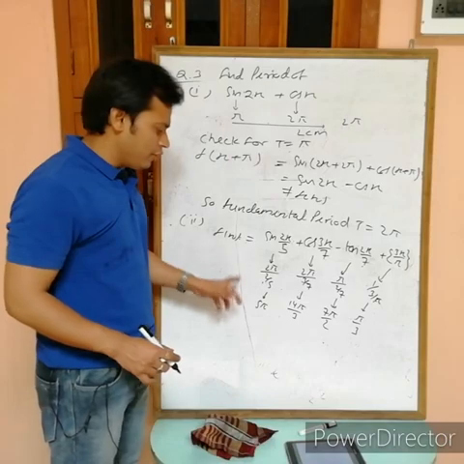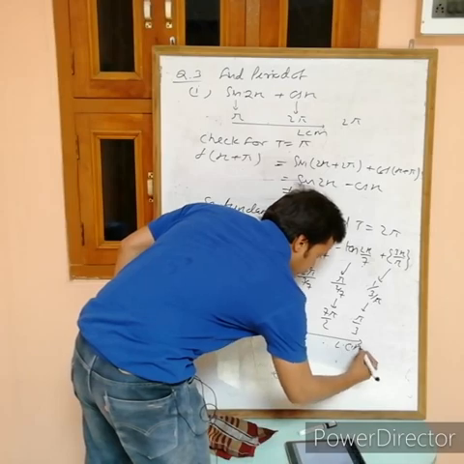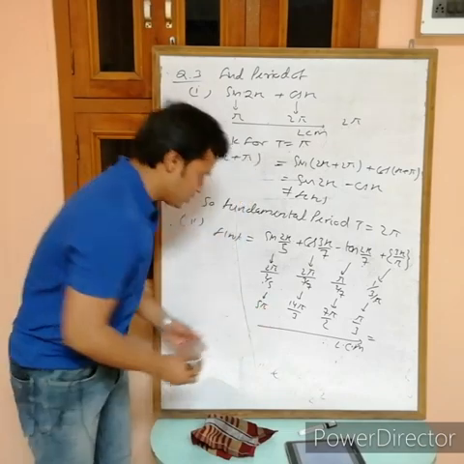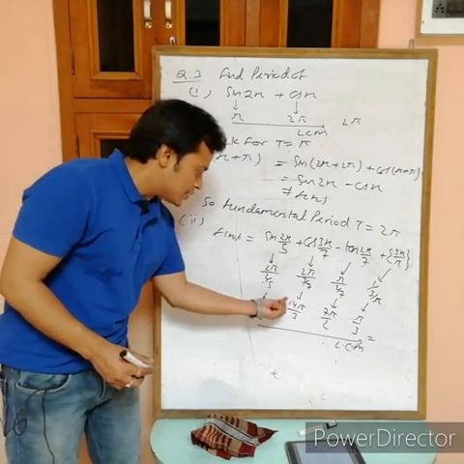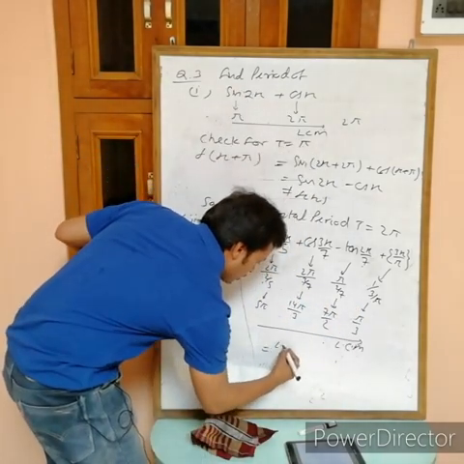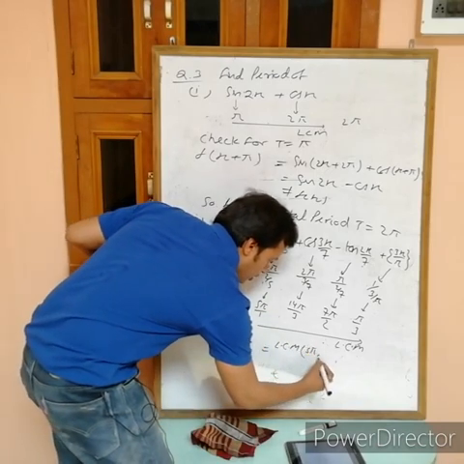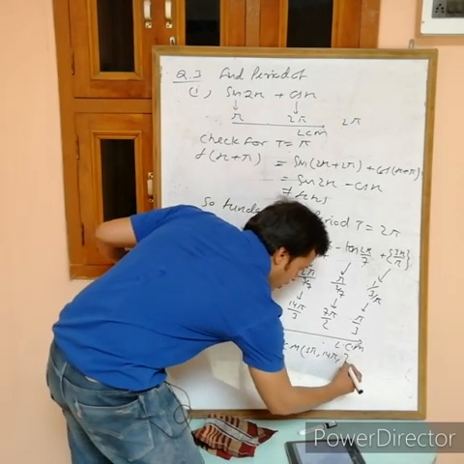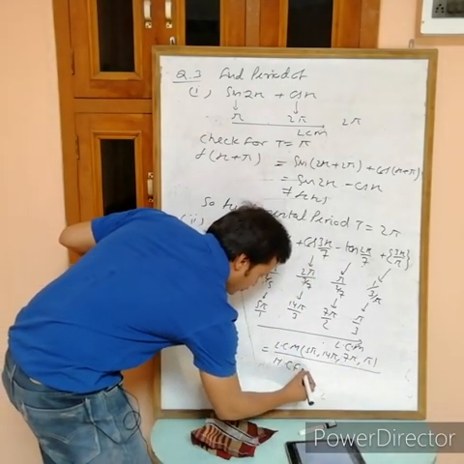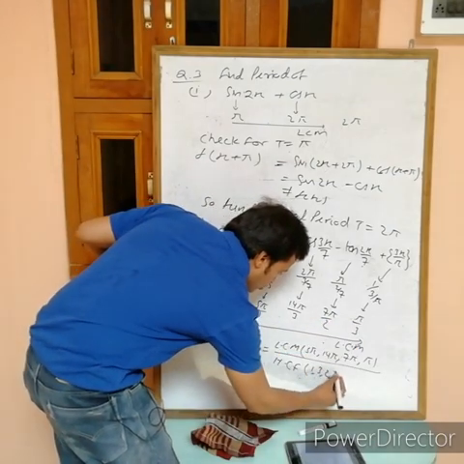Now what do we want? If you want the period of this complete function, then take the LCM. The LCM of these types of functions is, in the numerator, the LCM of this one, this one, this one, this one. I can write the LCM of the numerators as 5 pi, 14 pi, 7 pi, pi, and divide by the HCF of the denominators, 1, 3, 2, 3.